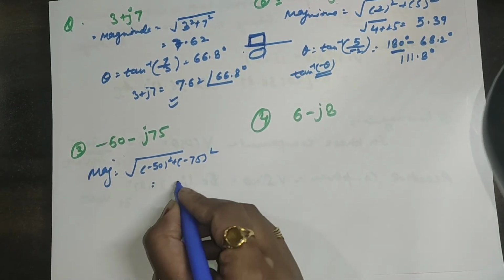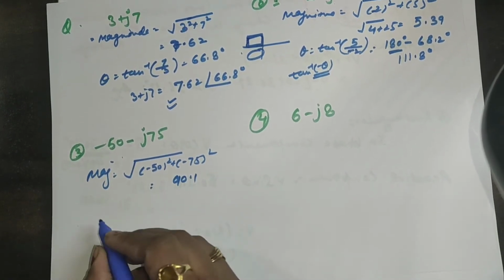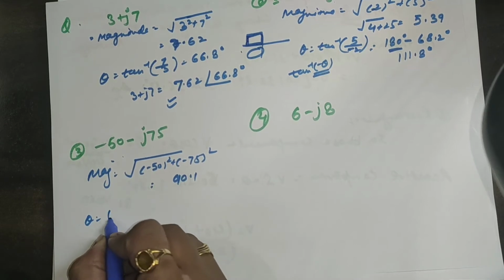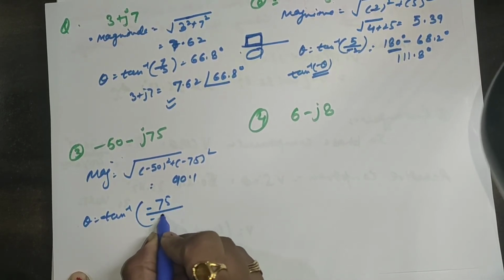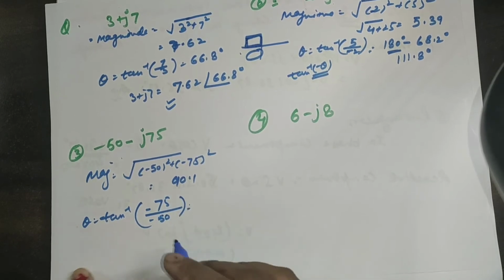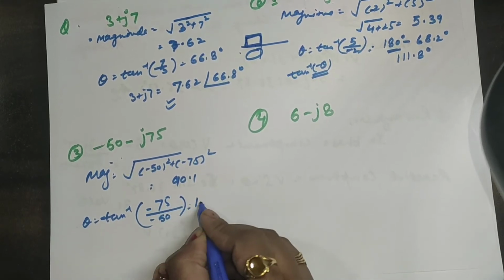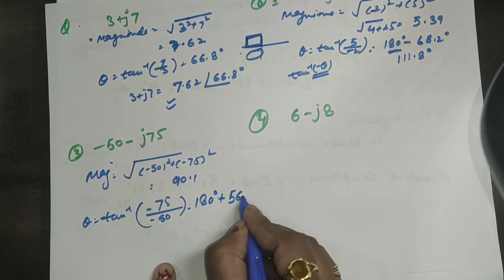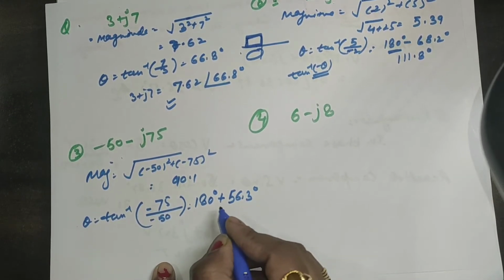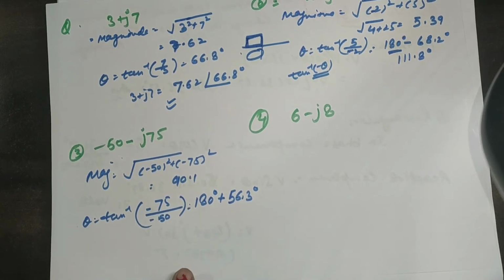If you solve this, you will get 90.1 square. Now theta equals tan inverse of minus 75 upon minus 50, that will be minus minus, that will be 180 degree plus 56.3 degree. Why plus 180 degree? Because